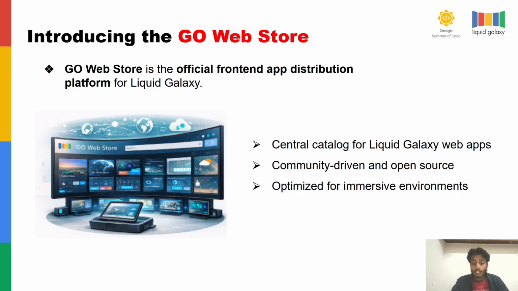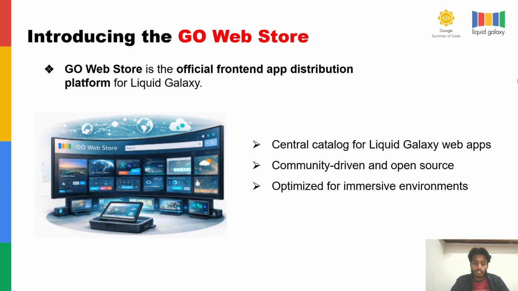Before the Go Web Store, developers often had to share application links manually, explain setup steps repeatedly, and handle the deployment separately for each system. This approach does not scale well, especially in a global open source community. The Go Web Store fixes this by acting as a central catalog for applications. All Liquid Galaxy front-end applications can be listed in one place. This makes it easy for users to discover available apps, for developers to showcase their work, and for the community